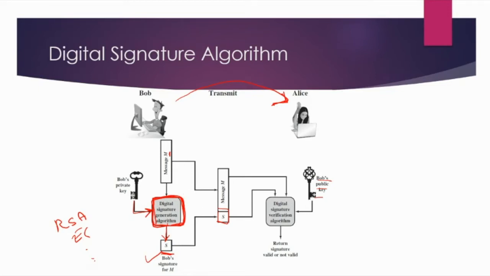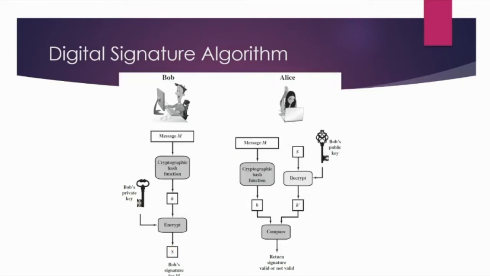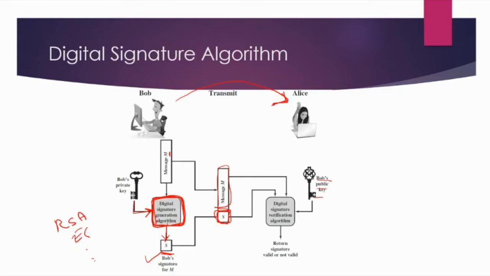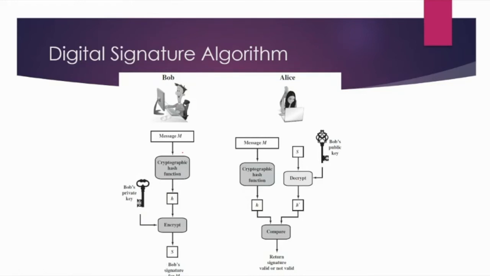Now, in this, no confidentiality is achieved, because the message is sent in plain text. We are here just providing the signature. Now, let's move to a specific algorithm. What can we write inside this digital signature generation algorithm? Inside this, we can pass the message through a cryptographic hash function, let's call it H. When we pass it through this function, the output is a hash code. This is the hash code corresponding to the message M.